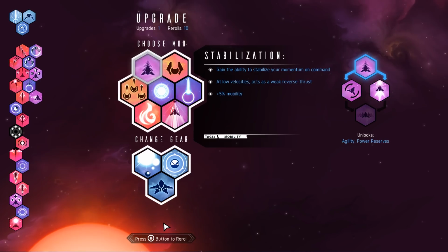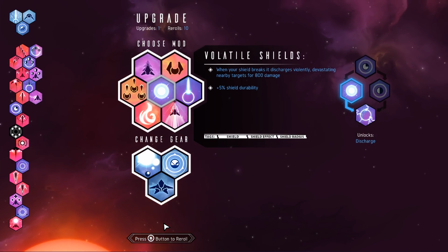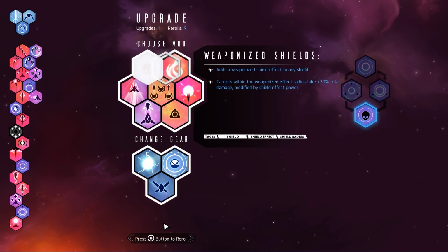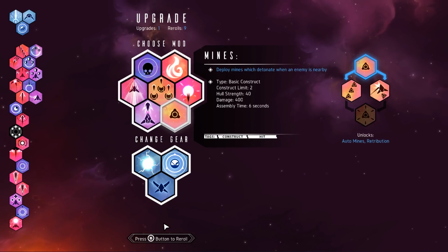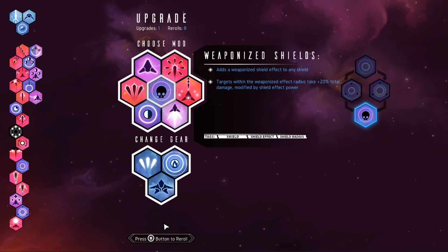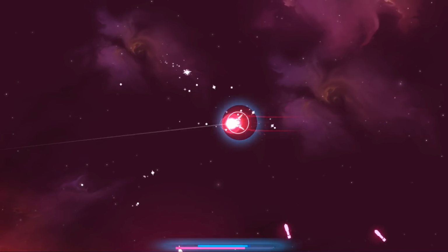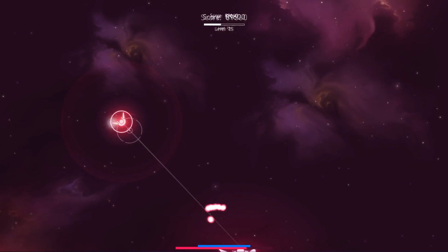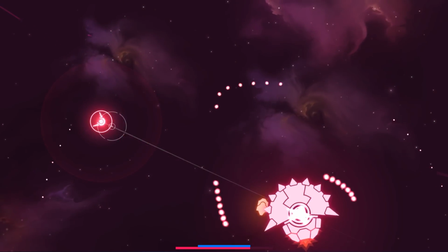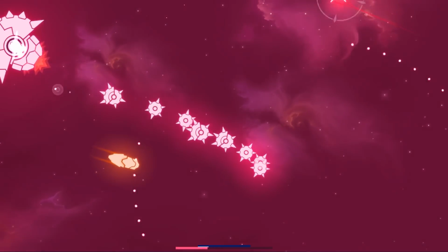Okay, so what else do we have? Stabilization? No. Flexive shields? Kind of nice. Volatile shields? Kind of nice. Nah. Weaponized shields? Not really helpful for what I do. Adrenal module might be useful. But Splinter. Splinter's handy, because that just increases coverage. It's mostly going to be useful for... well...